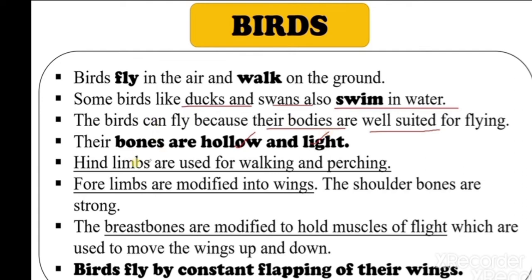The hind limbs are used for walking and perching. The forelimbs are modified into wings. The breast bones are modified to hold muscles of flight, which are used to move the wings up and down. Birds fly by